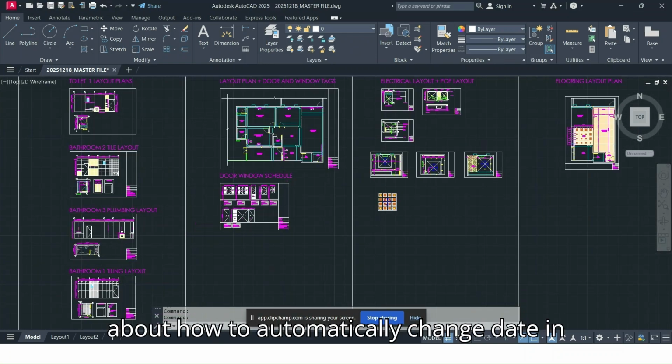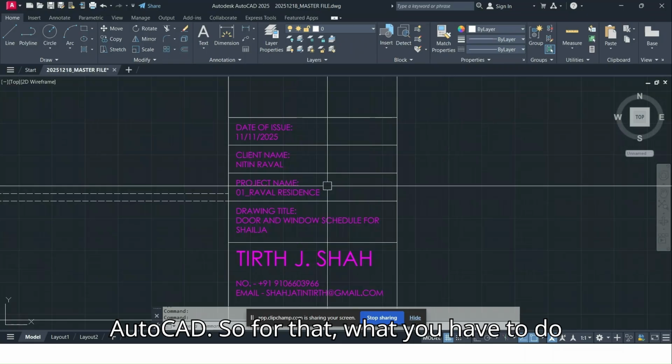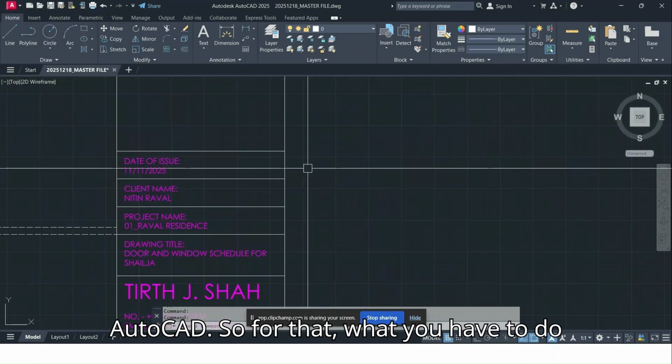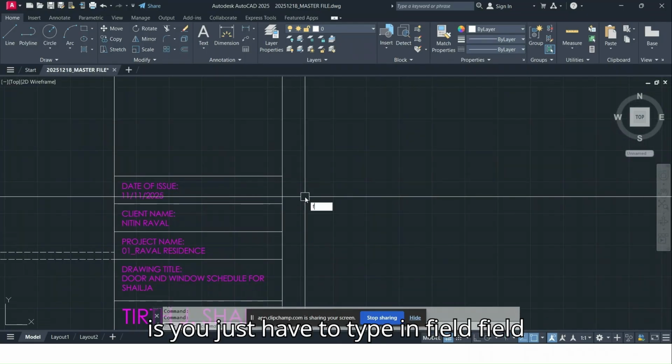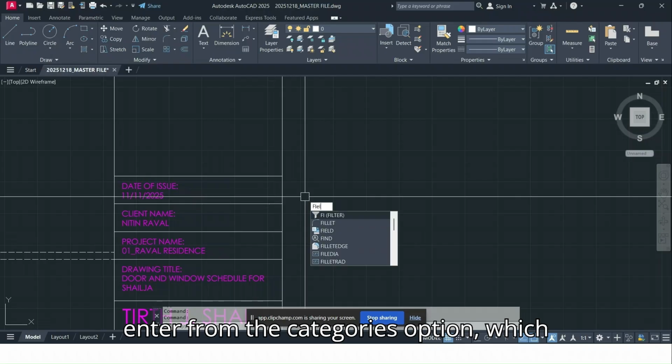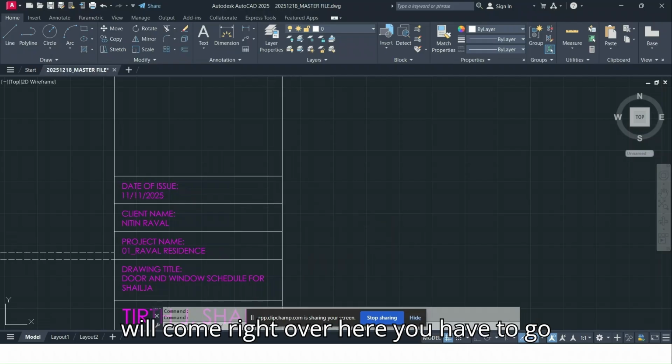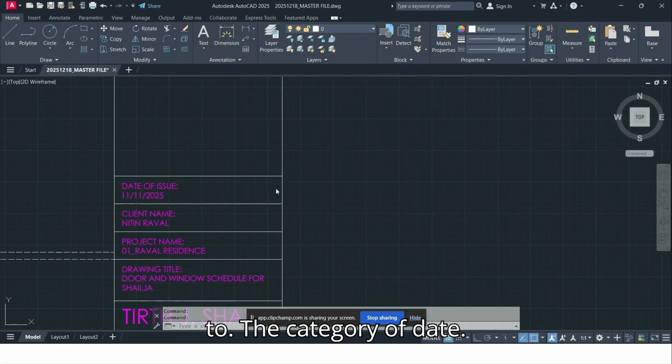In today's video, we're going to learn how to automatically change the date in AutoCAD. For that, you just have to type in FIELD, press Enter, and from the categories option, which will come right over here,